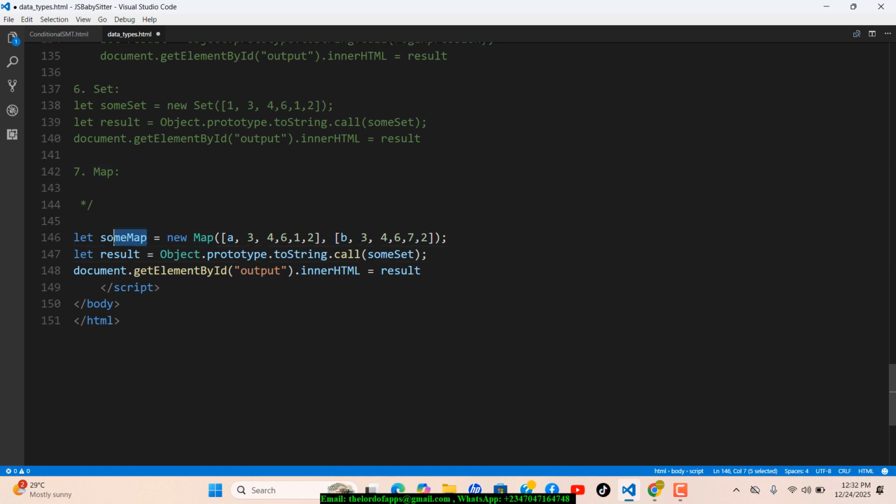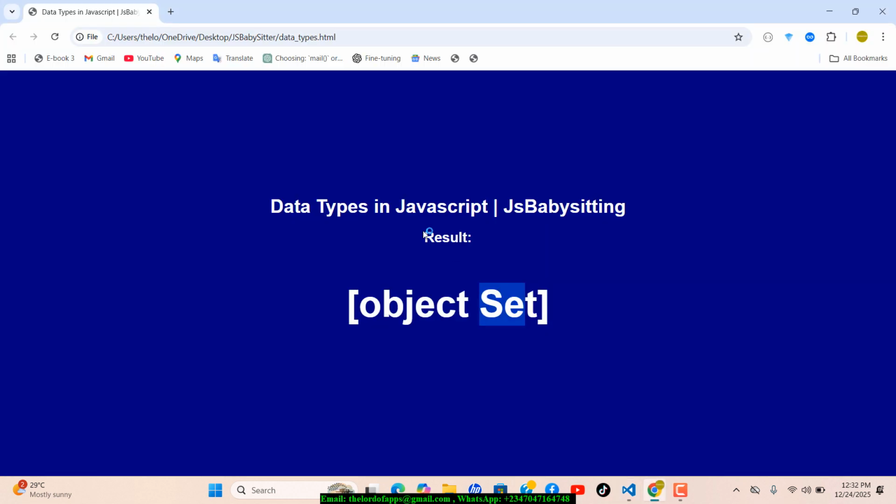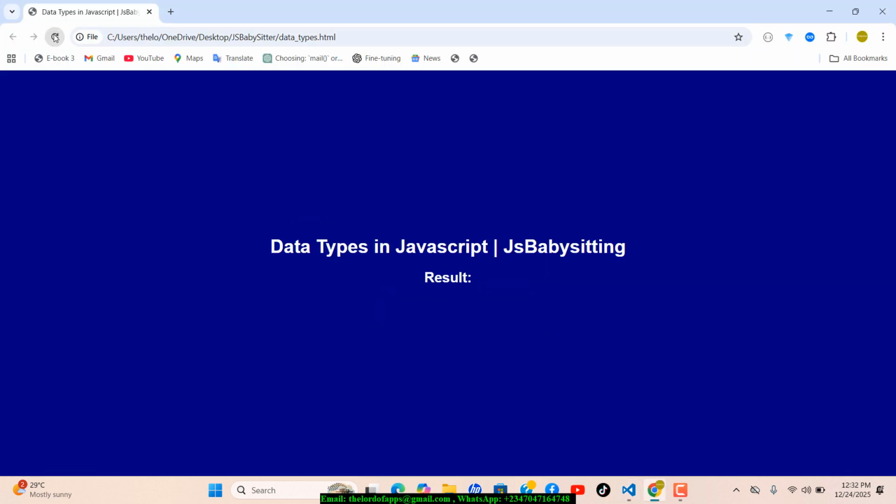Now what we want to do is take this variable right here and put it right in here, using it on the same object that we'll call right here, Object.prototype.toString.call, and then we can pass in the variable right here. So if we save the changes, I don't think there is anything much we need to do. If we refresh,